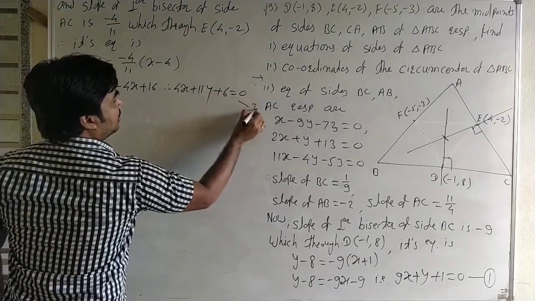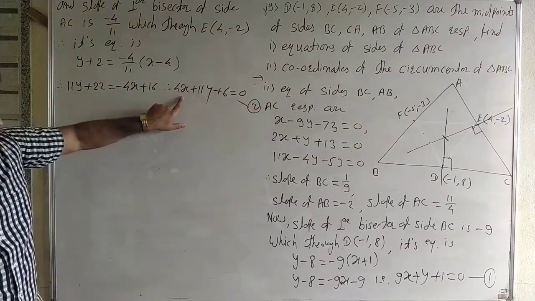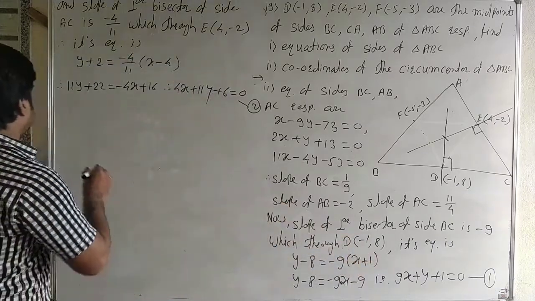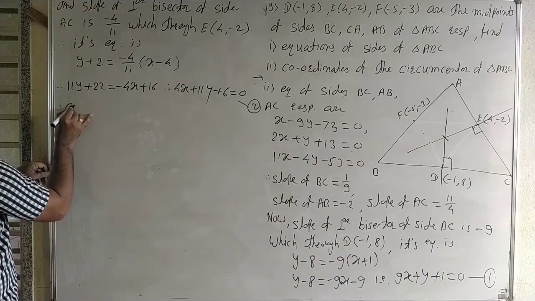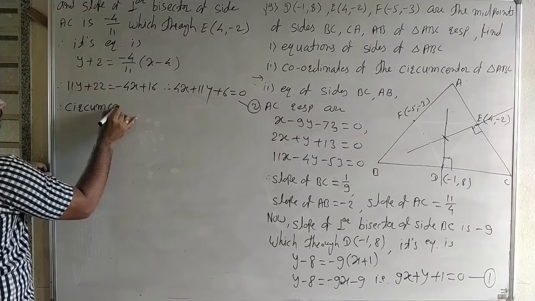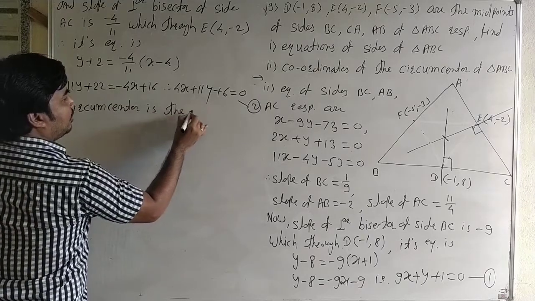It is equation number 2. It is the perpendicular bisector of side AC, and equation 1 is the perpendicular bisector of side BC. Therefore the circumcenter is the point of intersection